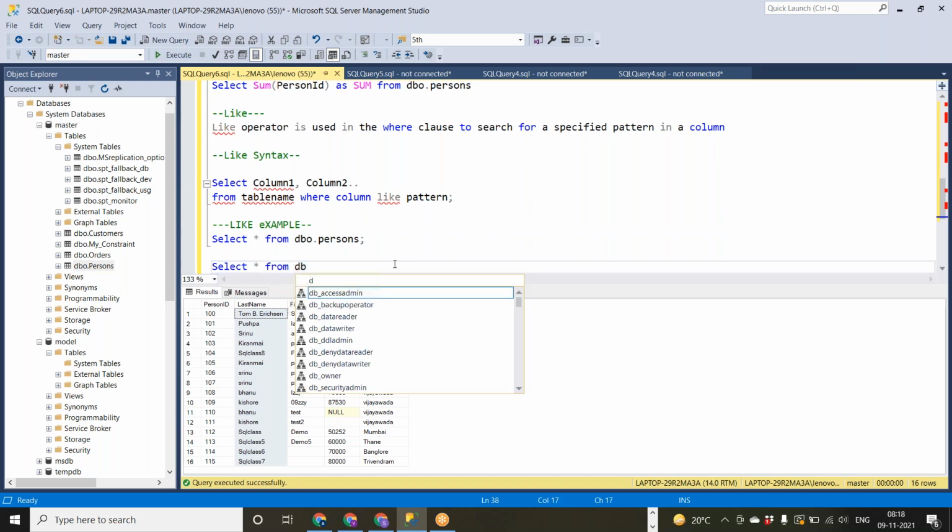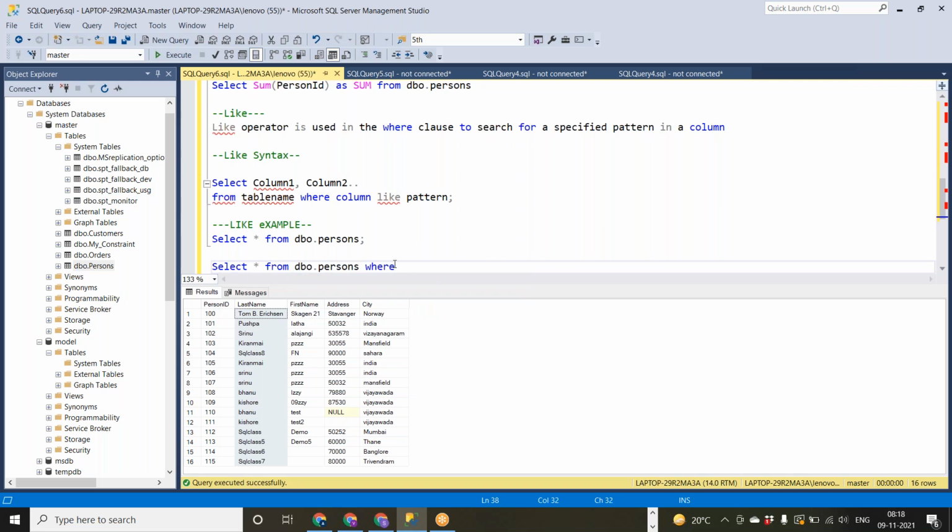Select star from dbo.persons where last name like. I know the ending letter, that is I. But SQL should know whether it's an ending letter, a middle letter, or a starting letter.